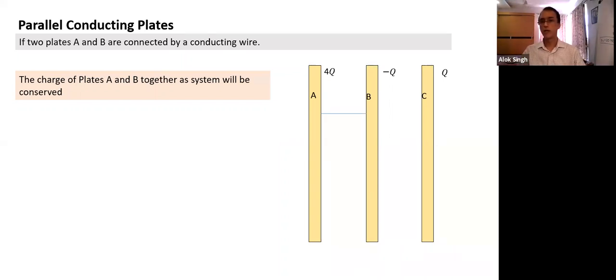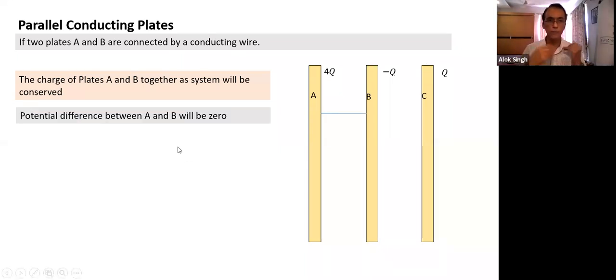I think so, and most of you should easily follow this point. So before I proceed, the potential difference between A and B becomes 0. That's what will happen if the charge keeps flowing. If the potential difference between A and B is 0, what would that lead to? Can I conclude something else if the potential difference between A and B is 0? What else can I conclude based on this?